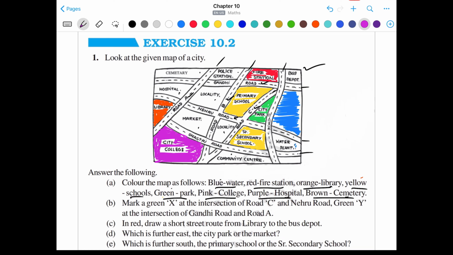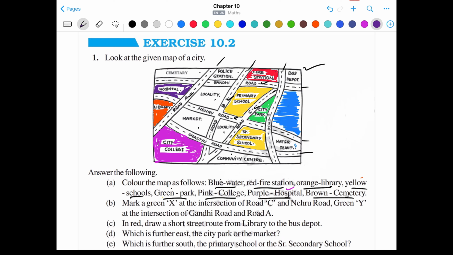Next, we have to color this hospital purple. Let's take the purple color. The hospital is given here right above the library, so let's color it with the purple color now.